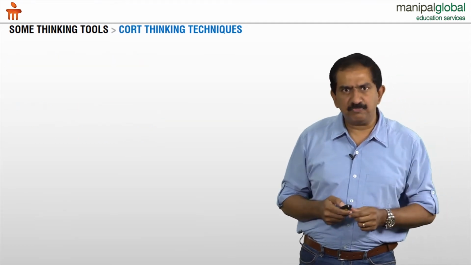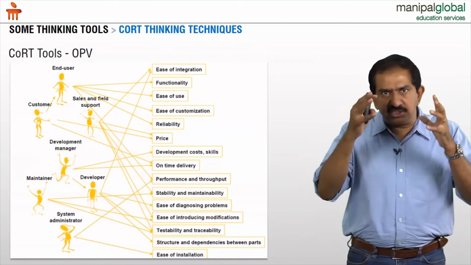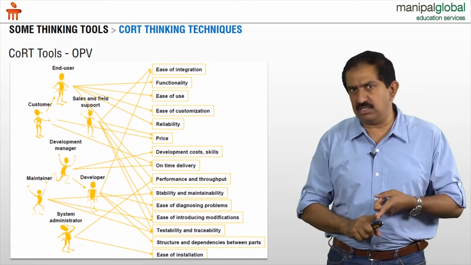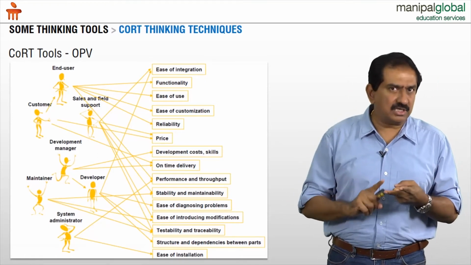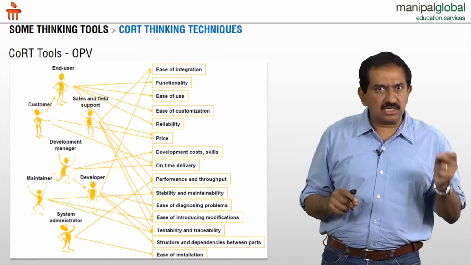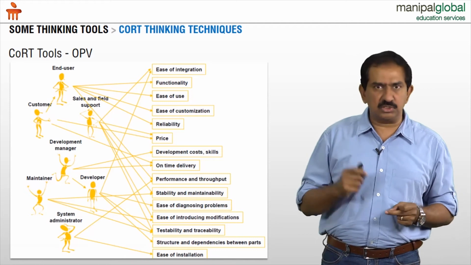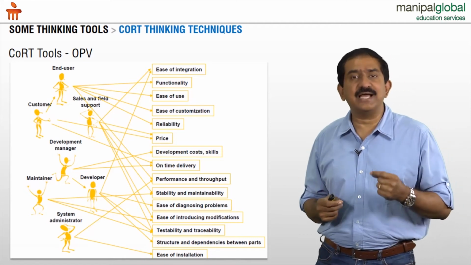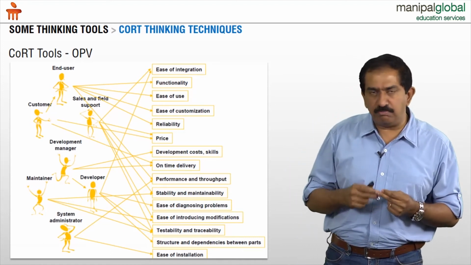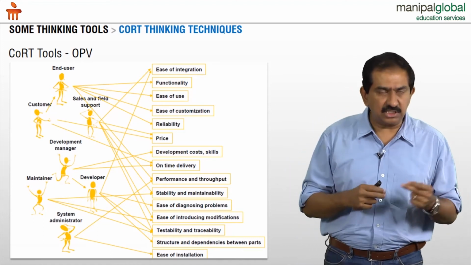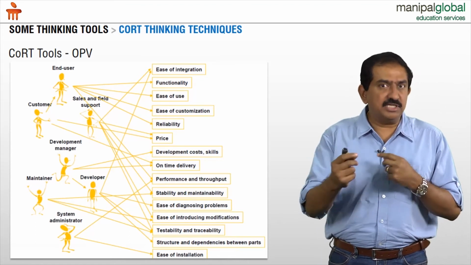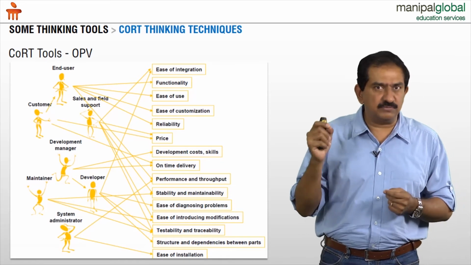How does it work? If you were to take a system, a situation, and you said, hey, how would the end user think about this? Or how would a customer look at this? Now, what's the difference between an end user and a customer? The customer is the person who pays for the service or the product. The end user is the actual person using that product. So, for example, if I were to buy a mobile phone for my child, my child is the end user, I am the customer. But each of us has a different perspective of the system.